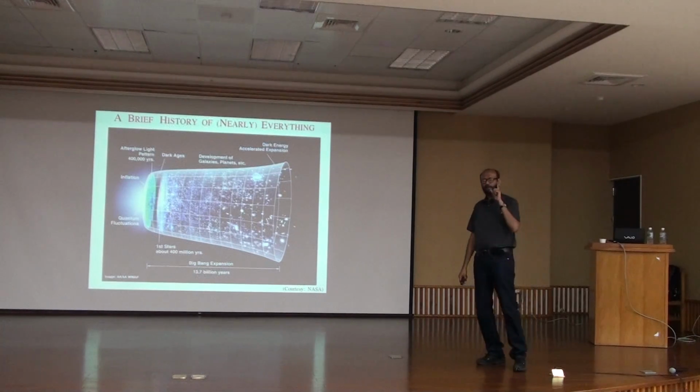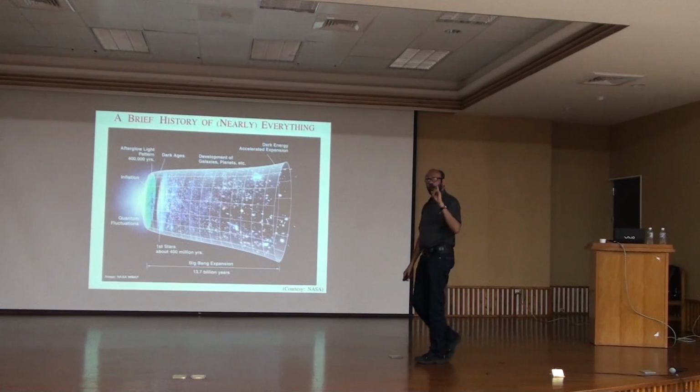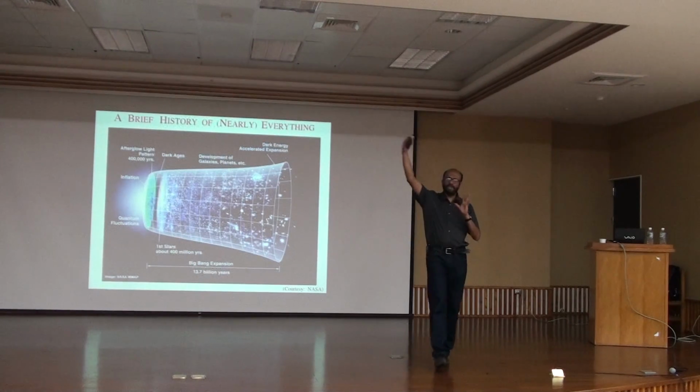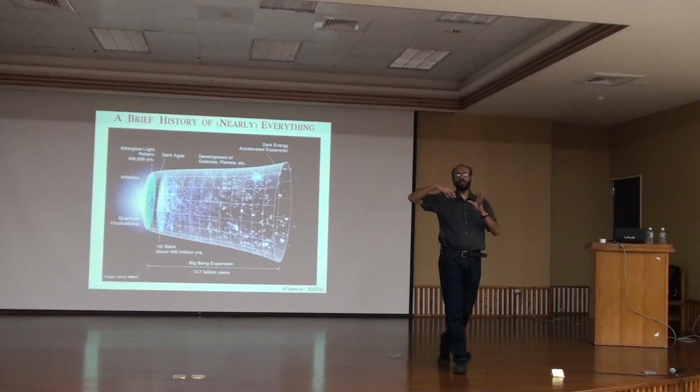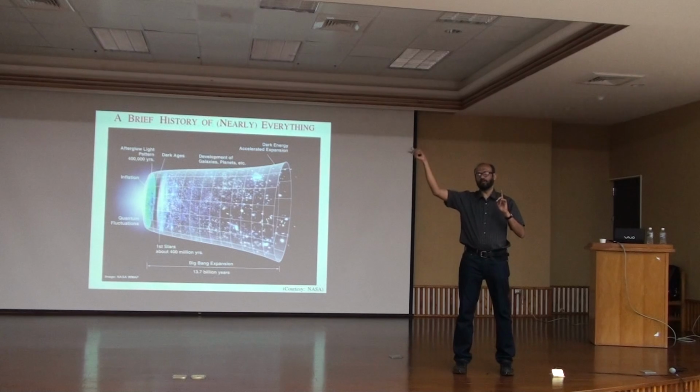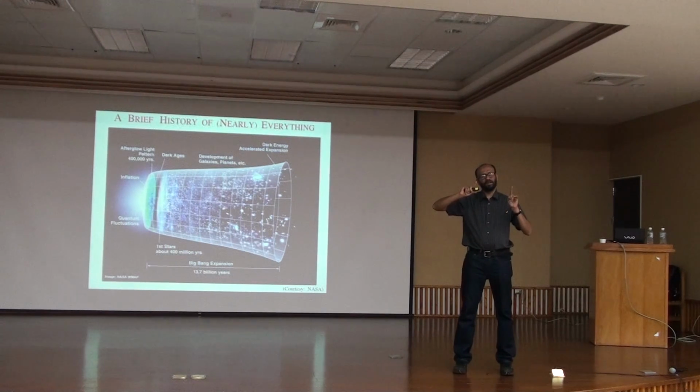But remember, this is important. This is happening all over the universe, everywhere. This means that the amount of helium compared to the amount of hydrogen should be the same everywhere in the universe. The amount of deuterium compared to the amount of hydrogen should be the same everywhere in the universe. And that's a prediction of the Big Bang.